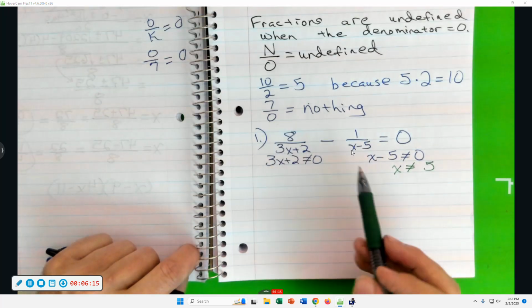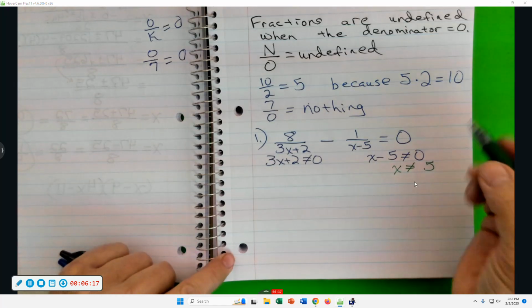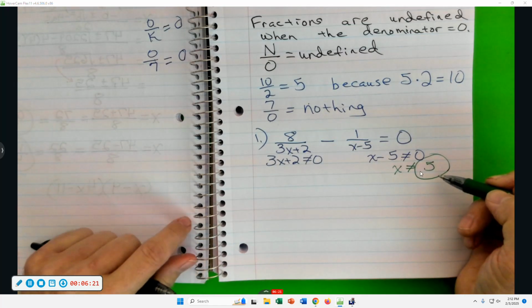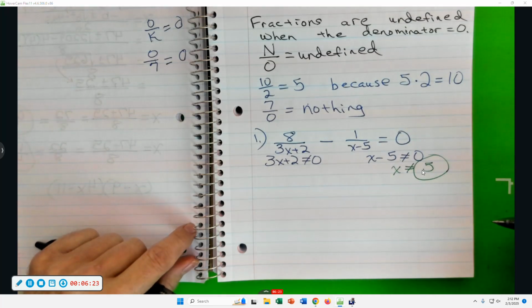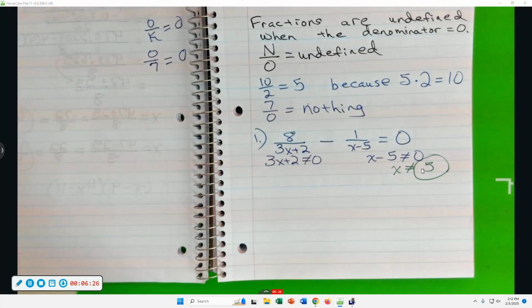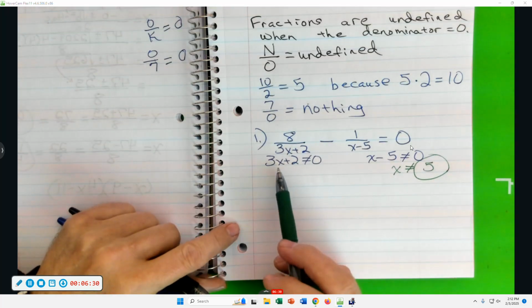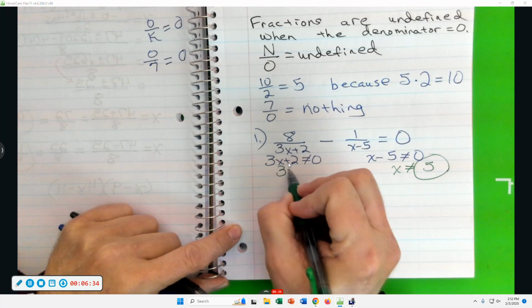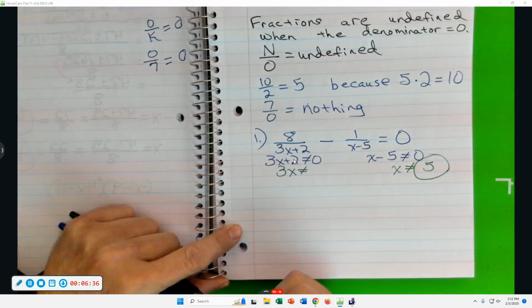That's why we say x can't equal 5. So if we were to solve this equation and get x equals 5, we'd have to mark it out. Every one of these problems is going to have the option of no solution. Okay, this one here, 3x plus 2 can't equal 0. That means 3x cannot equal